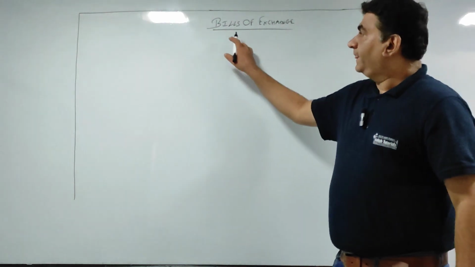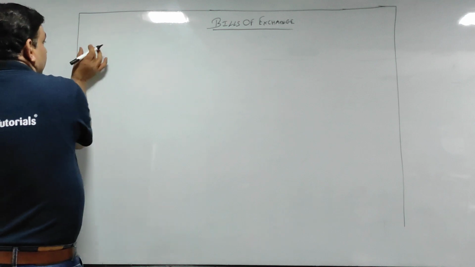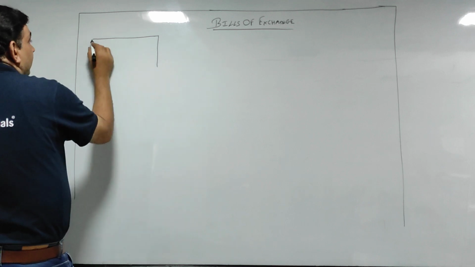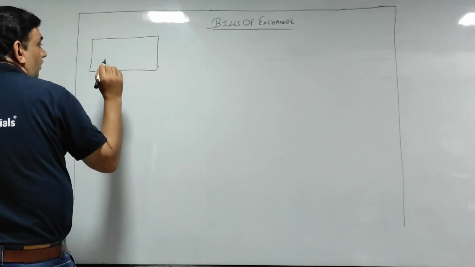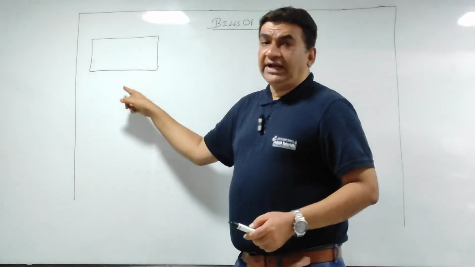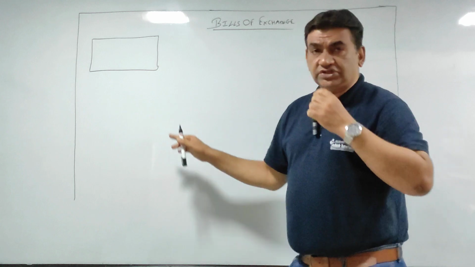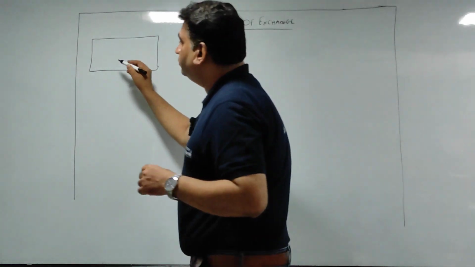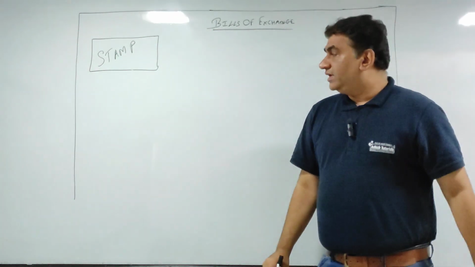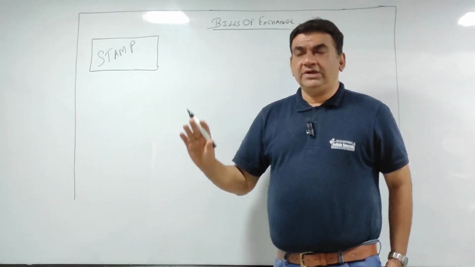So what you will do, ये तुमने हेडिंग लिखा बिल्स ऑफ एक्सचेंज, बराबर। लेफ्ट साइड पे आ जाओ, यहां से थोड़ा स्पेस छोड़ना, एंड दिस बॉक्स ऑल्सो यू विल मेक इट इन पेंसिल। यहां से थोड़ा स्पेस छोड़ना एंड मेक इट ऑफ अराउंड 2 या 3 लाइन्स, जैसे तुम कंफर्टेबल हो। 2 या 3 लाइन का बनाओ ये बॉक्स, एंड ये बॉक्स में तुम क्रॉस लिखना, स्ट्रेट लिखोगे तो भी चलेगा, स्टैम्प। स्टैम्प मतलब दिस इज योर स्टैम्प पेपर। एज आई टोल्ड यू, प्रैक्टिकल लाइफ में थोड़ा अलग होता है,